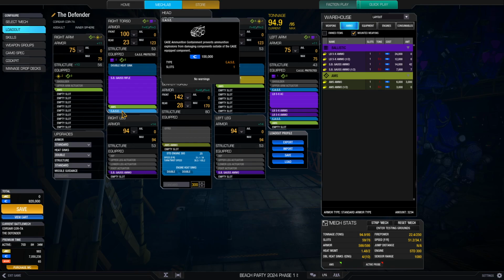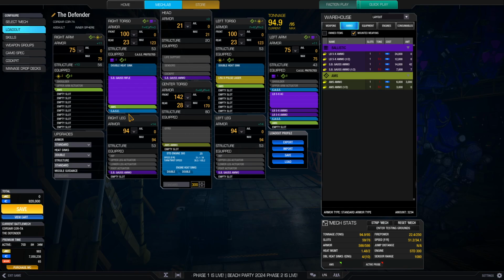Yeah, and like I say, CASE keeps ammo explosions to just one area. So say you put all your ammo in one torso section and put a CASE in there, if it blows up, the explosion doesn't go into your center torso or head, because all your damage goes inwards. So if you blow up your right arm with ammo, let's say you have ammo in your right, that's an idea. Let's move the ammo here. I've got 2 cases in there. Let's take one of those cases out. You only need 1 case. But at the same time, if you lose your autocannon, then it's kind of pointless to have a...